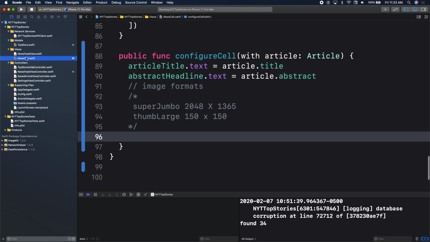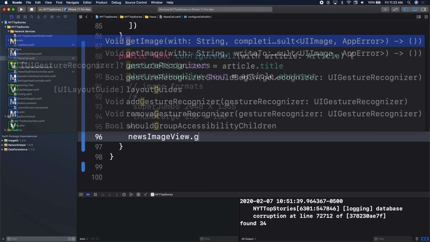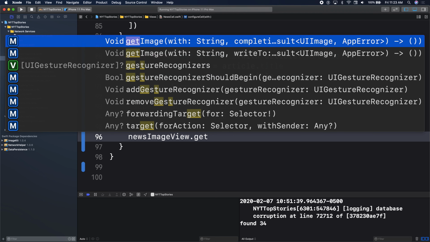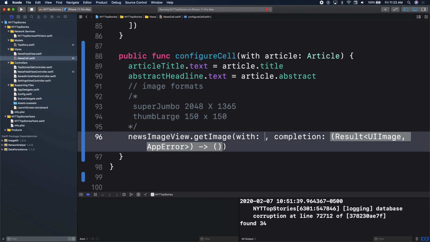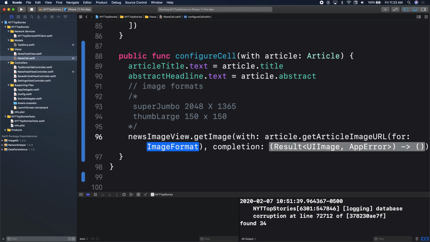All right, so let's go back to the new cell here and use it. I'm back in the new cell, in configure cell for article. And I have an image, right? We have our news image view. We say get image. And here is where we want a string, correct? This is the part where we want a string. So here we'll say article dot get image dot